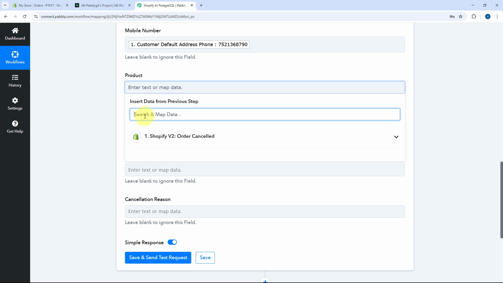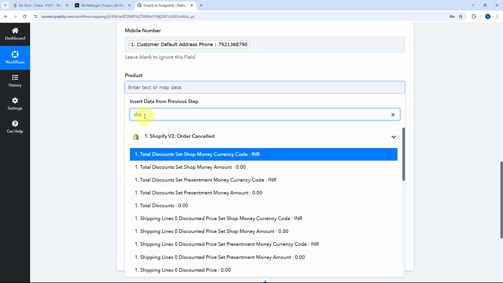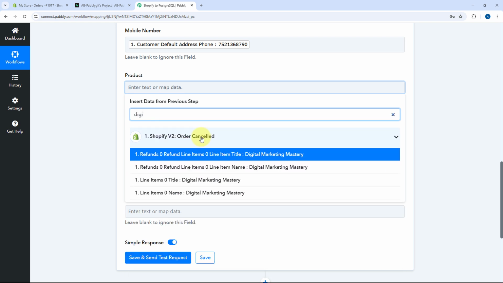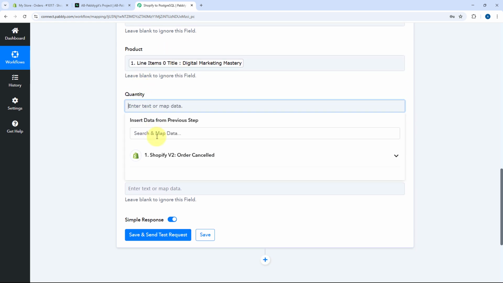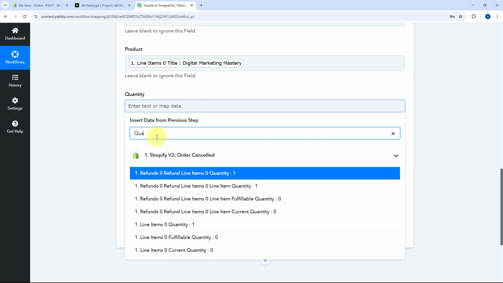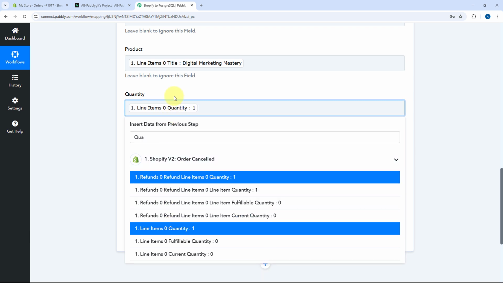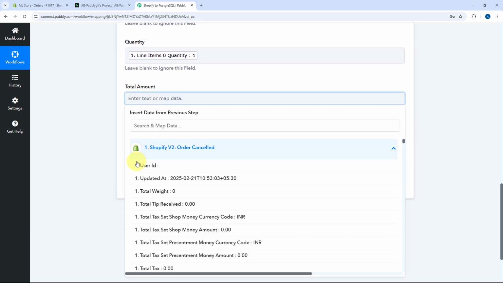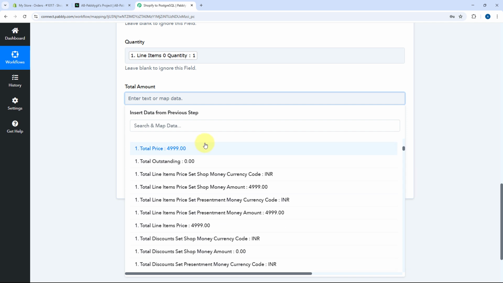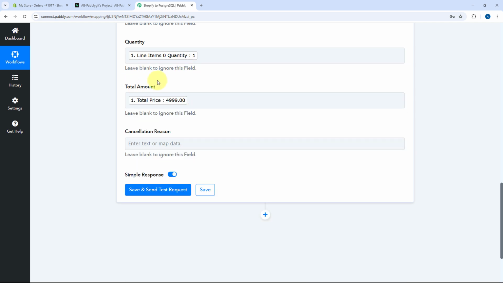Then it is asking us for the product. So we'll just search for the response of the product name. And here it is, a line item title. Select it and map it too. Then we'll map the response of quantity, that is what was the quantity of the product which the customer has ordered, and the total amount. So in this way, we have basically mapped all of these details into the respective field